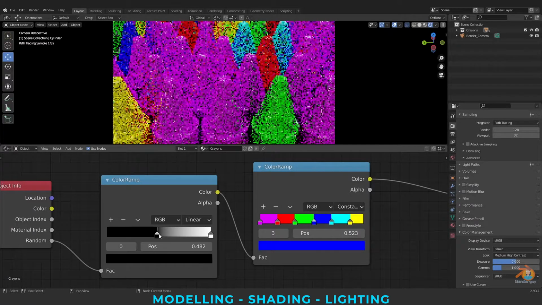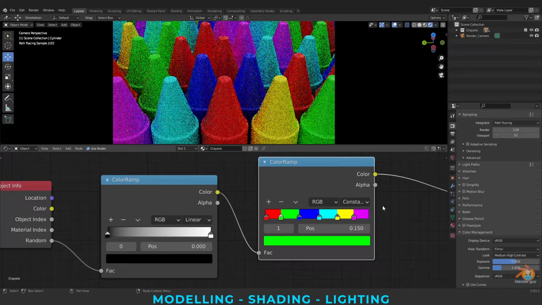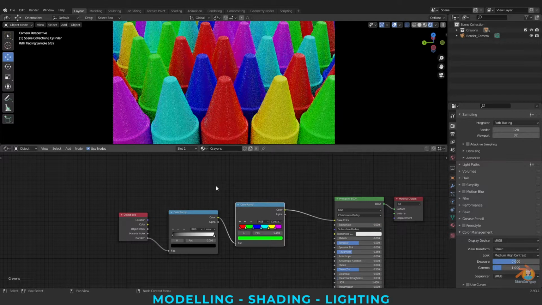You can control by adjusting the color ramp. And this looks okay as of now.